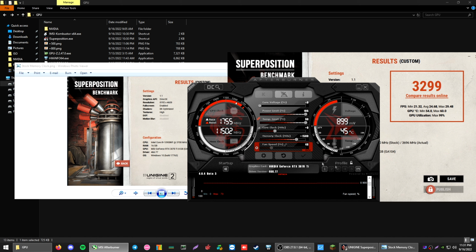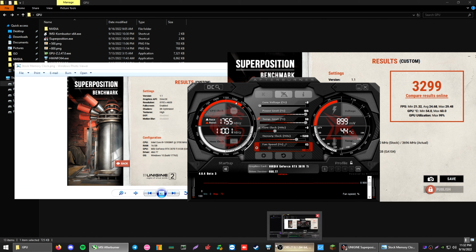So then I found out the sweet spot basically for my memory. It's plus 1500. Some might say it's a little bit over the top, right? Because I basically went from 19 gigabits per second to 22 gigabits per second, which is not bad actually. It's a really decent overclock. I don't think that many cards can achieve that. But anyway,